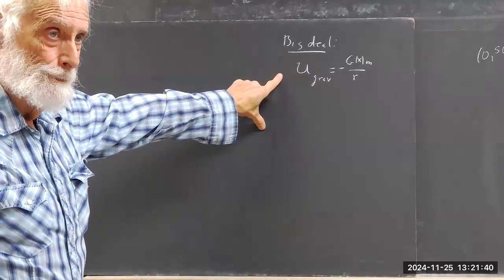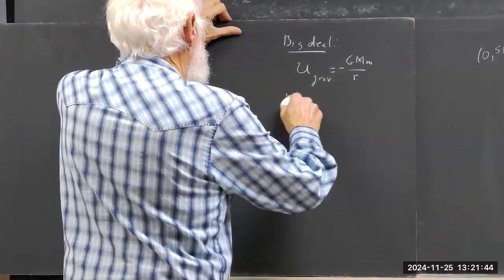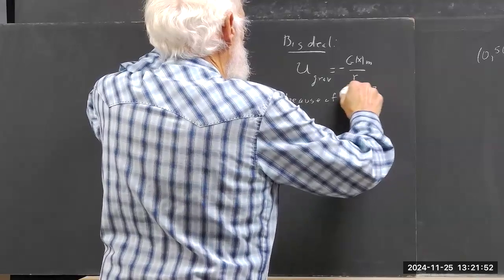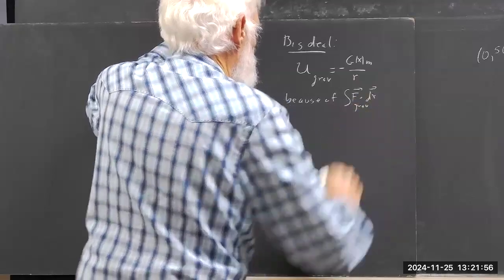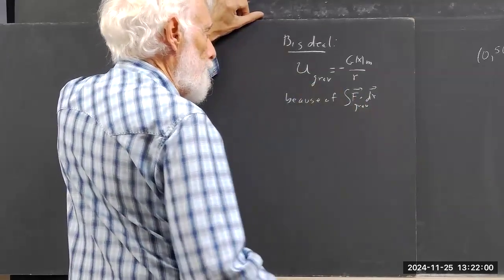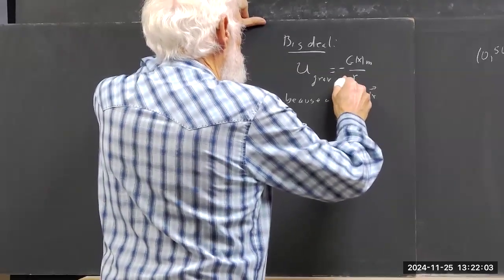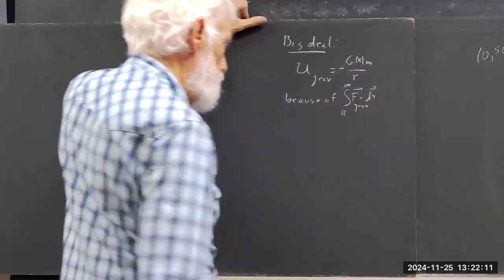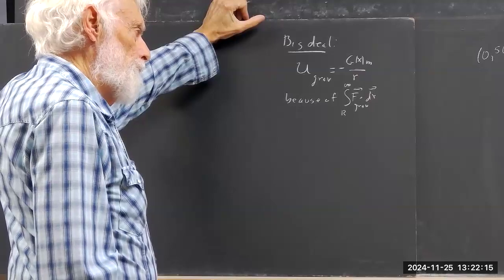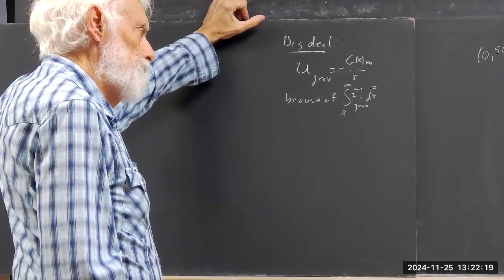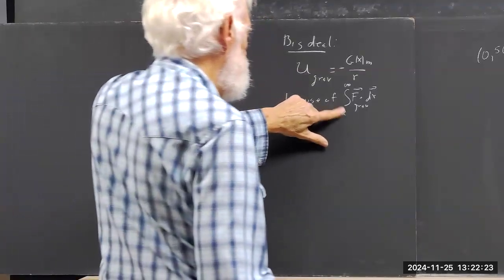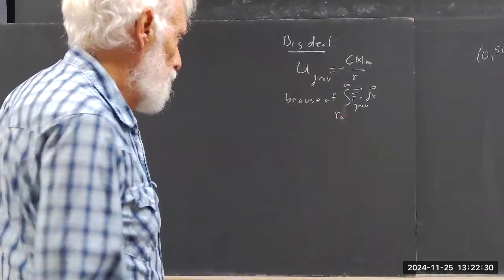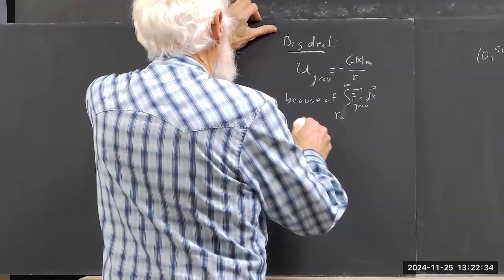This, okay? Because of the integral, the gravitational force dot dr. And actually, I think I used a different variable. What variable did I use? I used rho. I used the integral from R naught to infinity of this, which equals